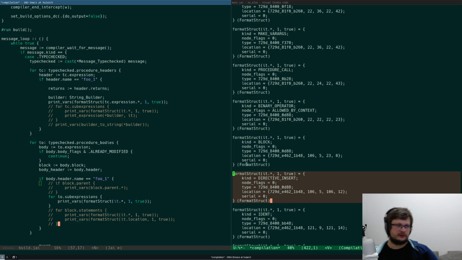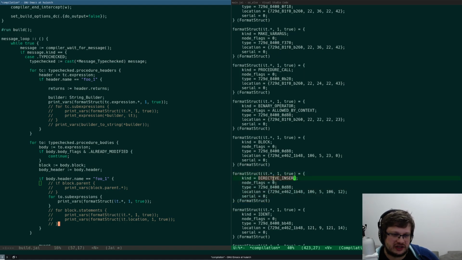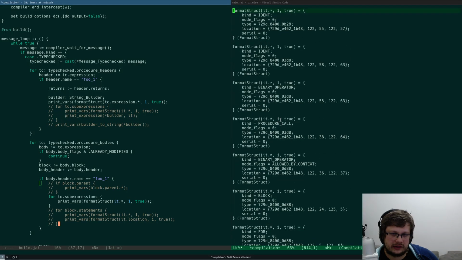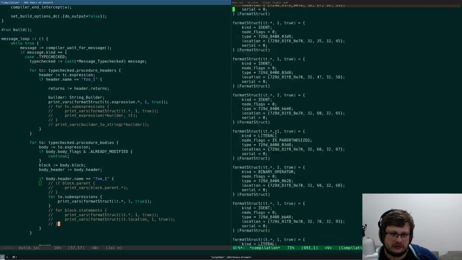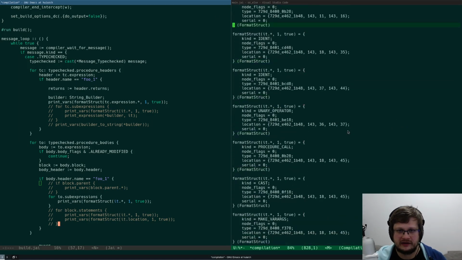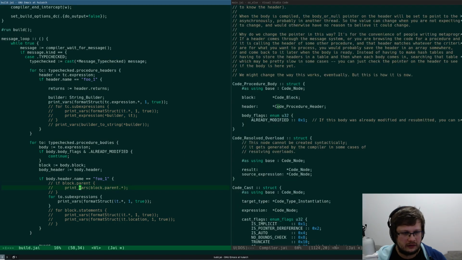Because if the macro is already expanded, it means that I might need to hunt for this, because I need a procedure call. Another procedure call? Why is it so much? I was thinking that maybe I'm running in an infinite loop or something.